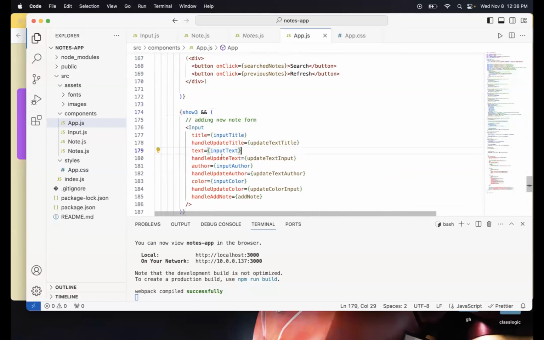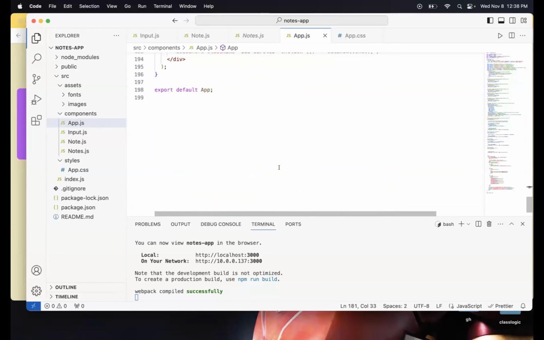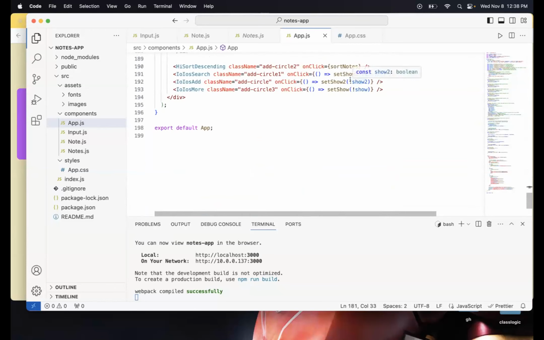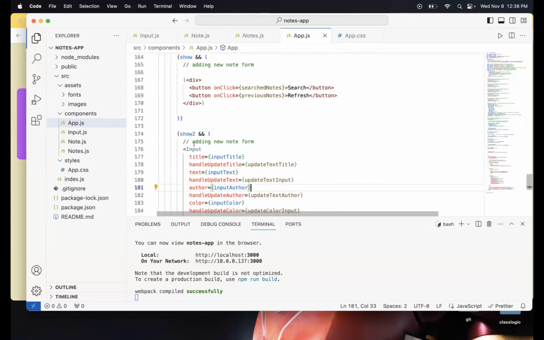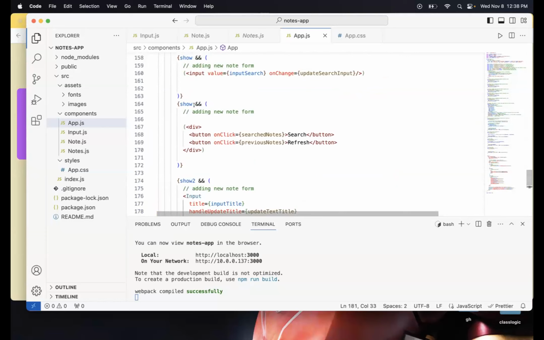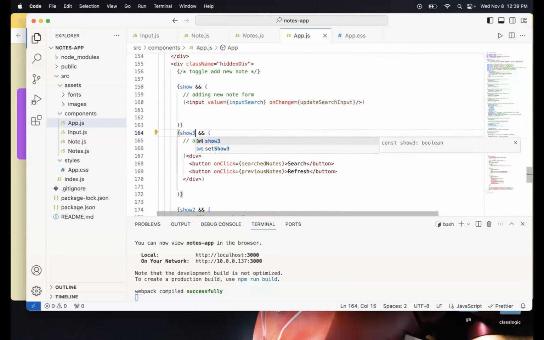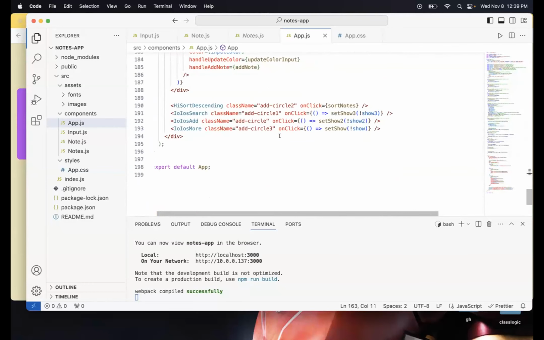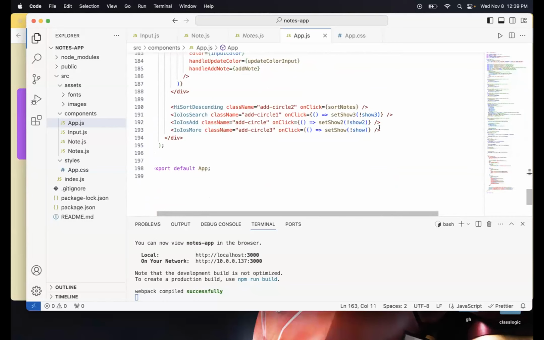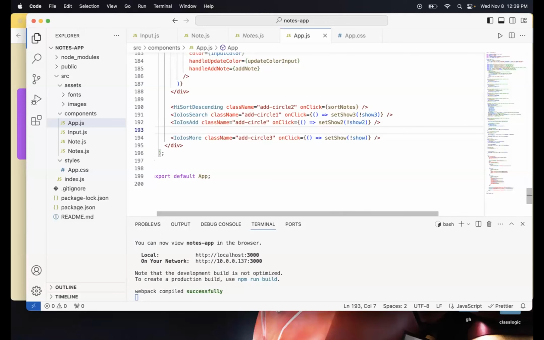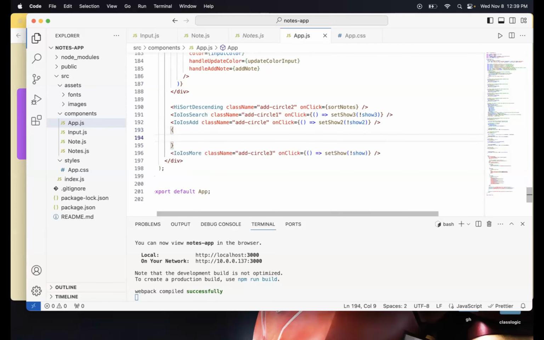Okay. So this is my adding new note part. For this, if you see, for the button add, I'm changing in set show 2. So let's check with set show 2. And for these, let's check with set show 3. But that doesn't really help me with my tags. Oh, okay. That's why. So for this, I would likely need 3 of them to check. 3 different instances for 3 different buttons, I guess.